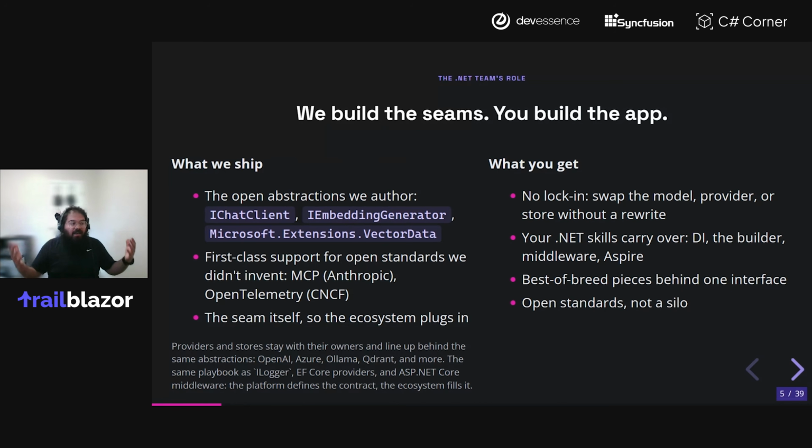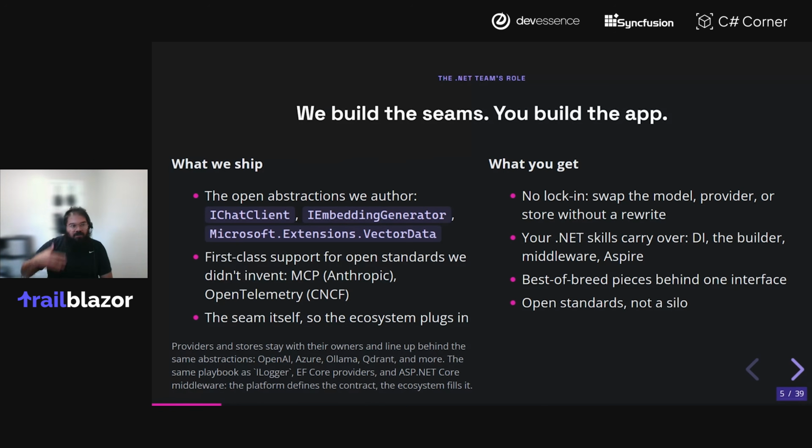And so when it comes to the AI space, right, that means that regardless of whether you're using OpenAI or Azure or Ollama or insert provider of your choice, right, because those are concrete implementations of our abstractions, it's relatively easy for you to pick and choose, and get started more quickly and accelerate the adoption of these systems, regardless of the provider, right? Because you're programming against a common set of abstractions. And so, again, what do you get?